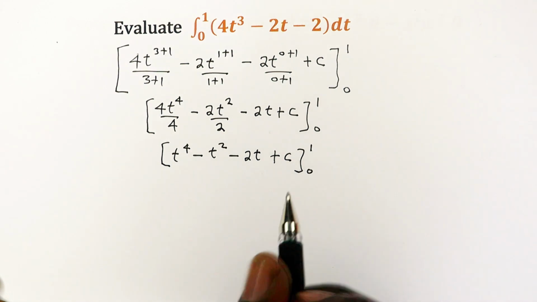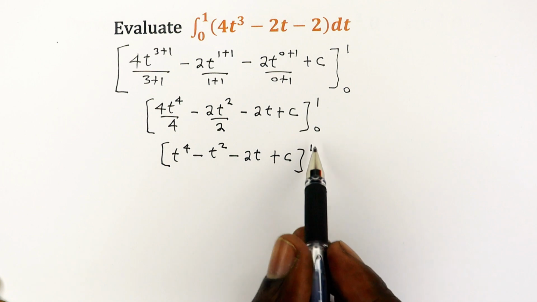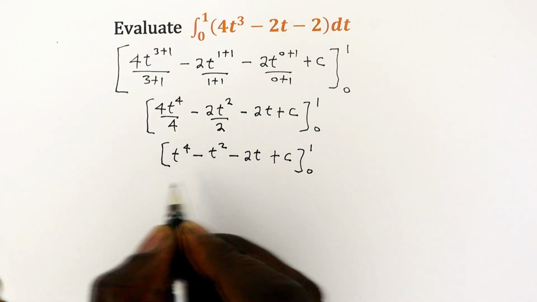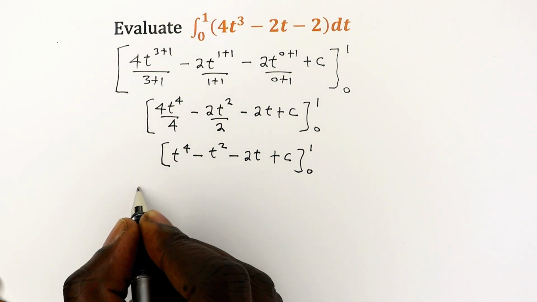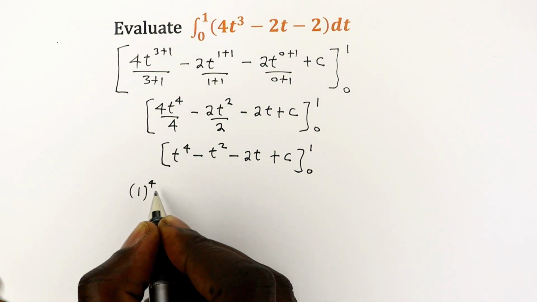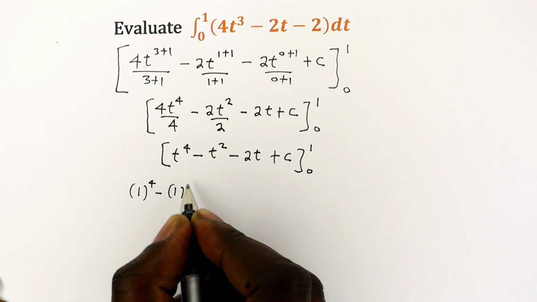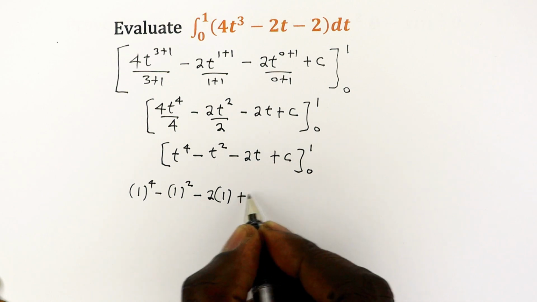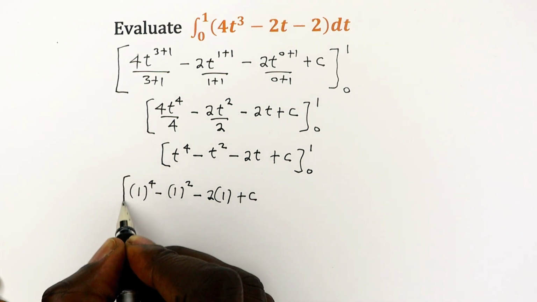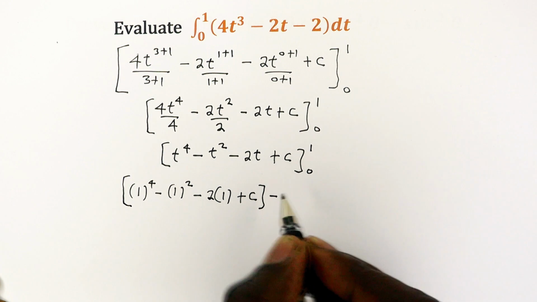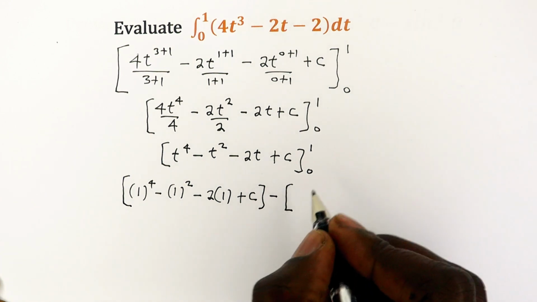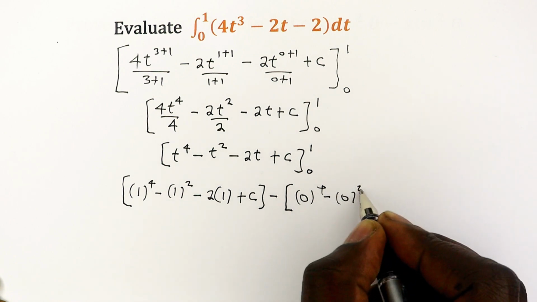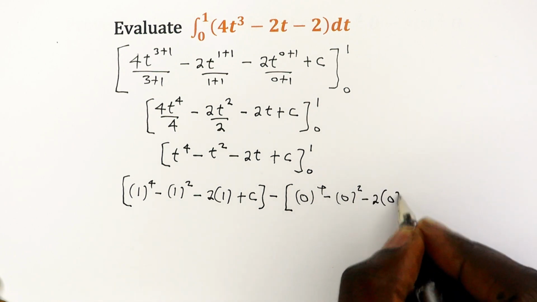Now the next thing is to substitute the values of t when it is 1 and when it is 0, and then we get the difference. So when t is 1, we're going to have 1 raised to power 4 minus 1 raised to power 2 minus 2 into 1 plus the constant of integration. Then you're going to subtract when t is 0. So that will be 0 raised to power 4 minus 0 raised to power 2 minus 2 into 0 plus